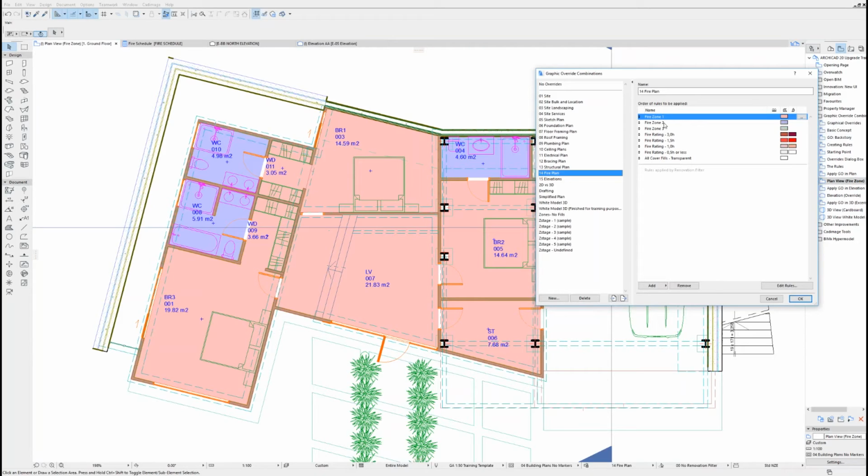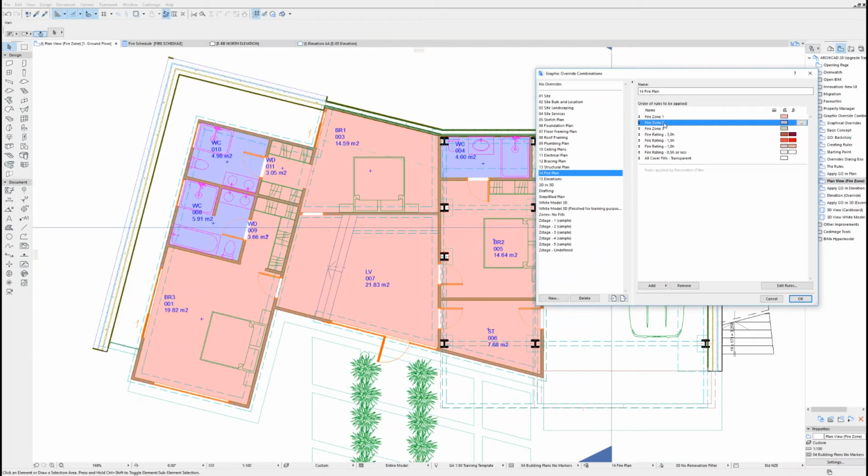When you have these two options, this is where you can potentially use the same zone for different purposes. If you wanted to use the zones not just for a fire plan, but